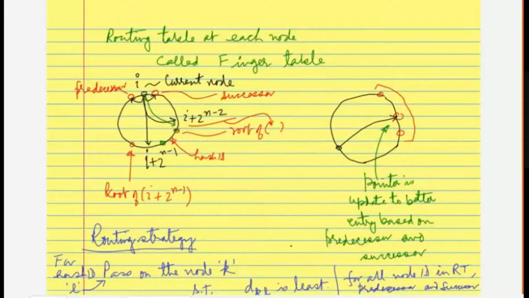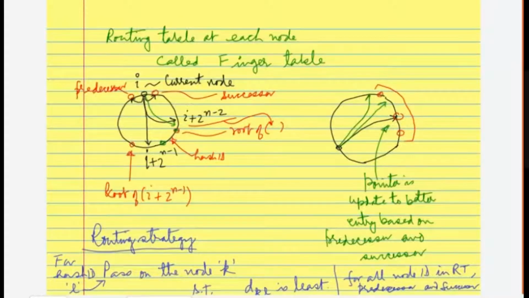We can modify this definition slightly and make it simpler. I will do that later. Now regarding these pointers, this is the same thing which I had mentioned in the previous recorded lecture. If there is a better pointer than the predecessor and successor, somebody more close to the halfway across entry, for example, halfway across is pointing to somewhere here. So the predecessor is at this point, the successor is here. So this remains the root node.